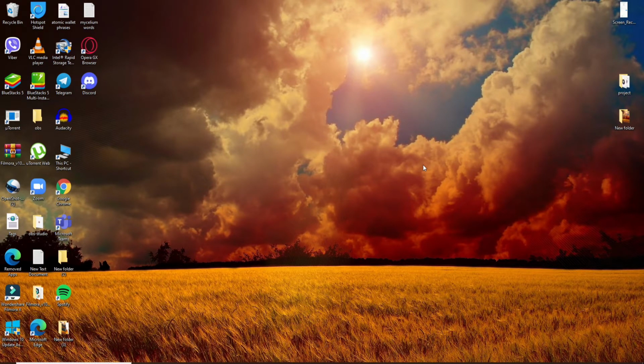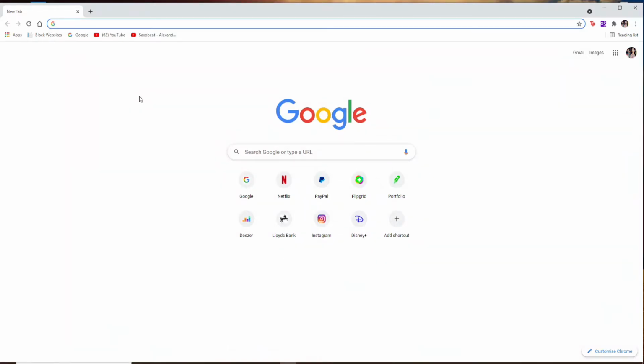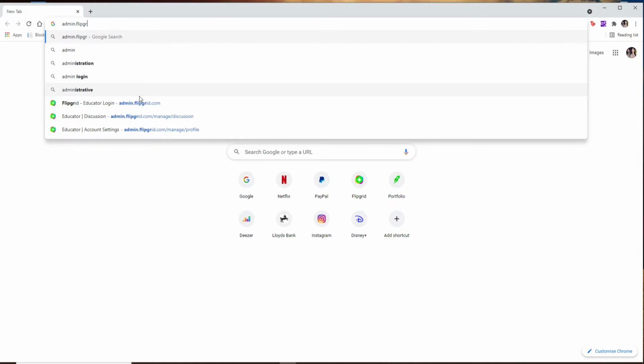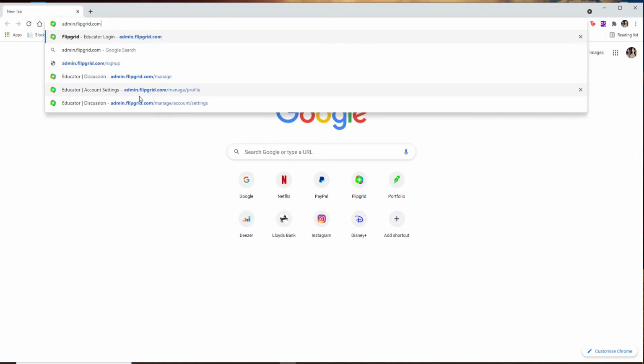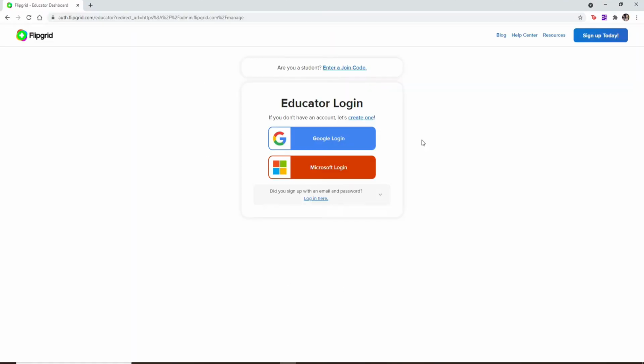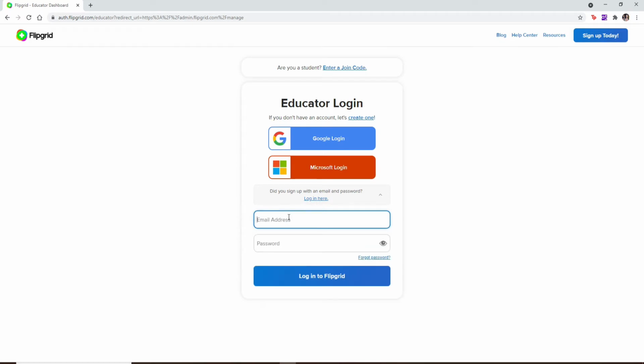Now let's begin. Start by opening a web browser. As soon as you open it up, type in admin.flipgrid.com and press Enter on your keyboard. You'll find yourself on this page where you can choose your login process by clicking the buttons on the display. In order to reset your password, you must be signed up to your account with the email and password option. Click on login here at the bottom and you should see an email address and password text box displayed